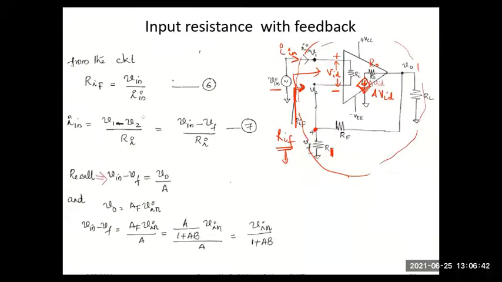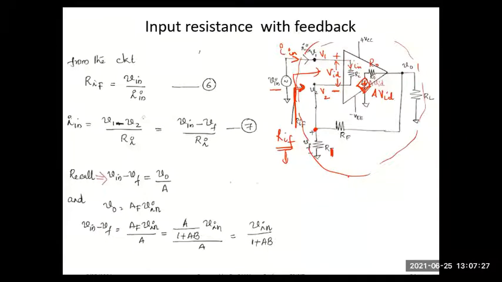See here, you just find the overall input resistance with feedback by using the applied input voltage divided by the input current. And next, I can try to write an expression for input current in terms of the difference in voltages. I call this voltage as V1 and this as V2. And the current In which comes here should flow here also. Yes or no? Whatever current is coming here should flow through this input resistance Ri. So can you write what would this be? Can you write an expression for In in terms of V1 and V2?